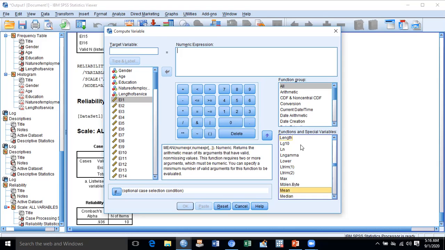Here you can see it is showing Mean. We shall select Mean from here.